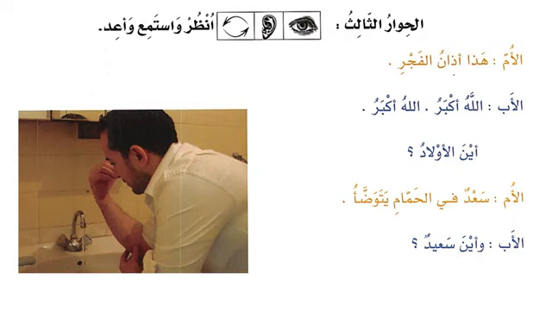Al-um hadha adhanul fajri. Al-ab Allahu akbaru Allahu akbar. Aina al-awladu. Al-um Sa'dun fil hammami yatawadda'u. Al-ab wa aina Sa'idun. Now let's have a look at the translation and also a little bit of explanation as